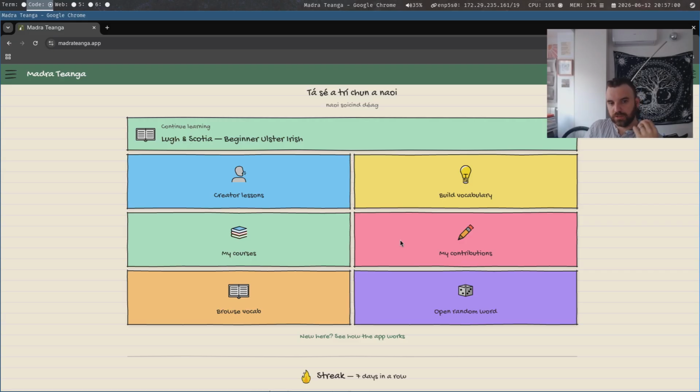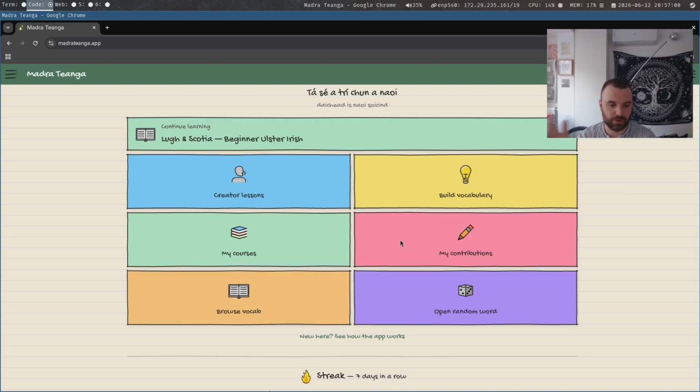My contributions. Throughout the app there is vocabulary tracking and words and all kinds of stuff, and you can submit stuff to any word, to a lot of sentences and stuff. You can add a definition or a note for learners, or you can add images or videos or audio, and then you submit them in, and it can be kept for your own use, or you can make it public.